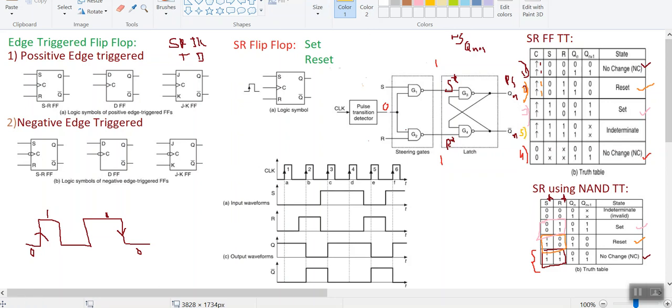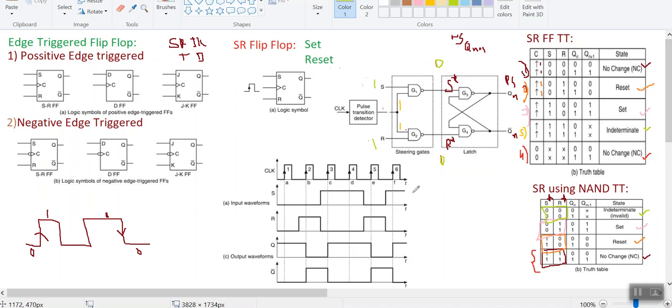Now I would like to have my clock signal again equal to 1. Now for this clock signal of 1, my S is equal to 1 and R is equal to 1. So 1 into 1 is 1 and its complement value is 0. Here also 1 into 1, and the complement value is 0. My S star and R star both are 0. Therefore an intermediate state is occurring here, and therefore here also I will get an intermediate state.